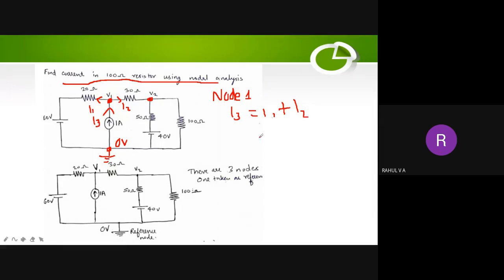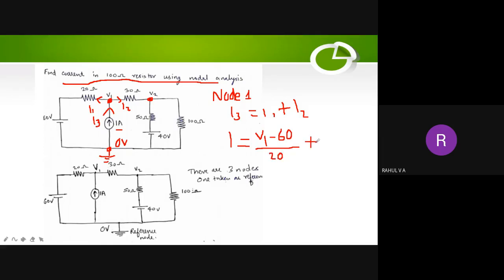So what is the value of I3? It is given 1 ampere. So you just write I3 is equal to 1. Now about I1, how to find out I1? I1 is the current through 20 ohm resistor. So how to find out current I1? So potential difference across 20 ohm, that is V1 minus 60. This is potential difference, okay? V1 minus 60 divided by 20